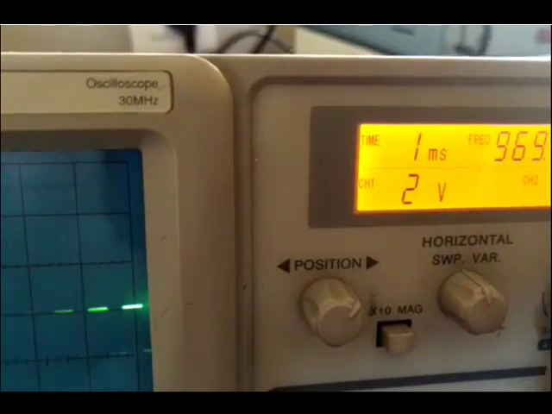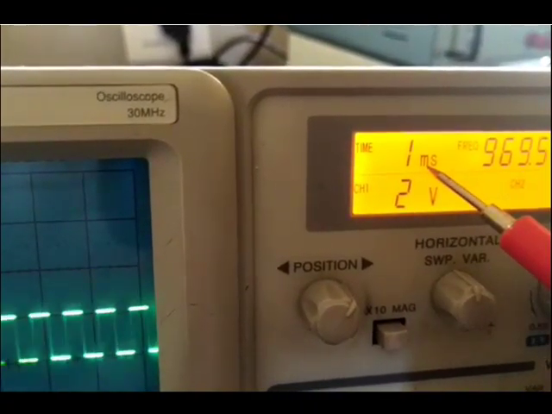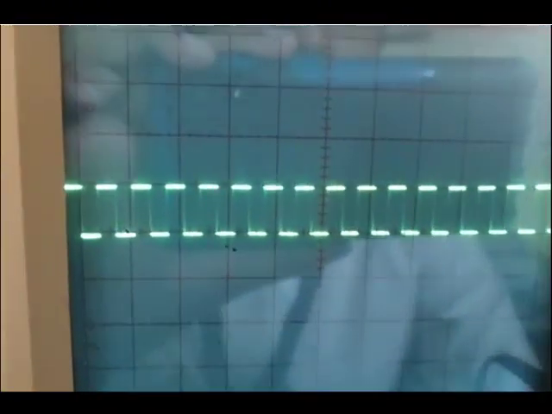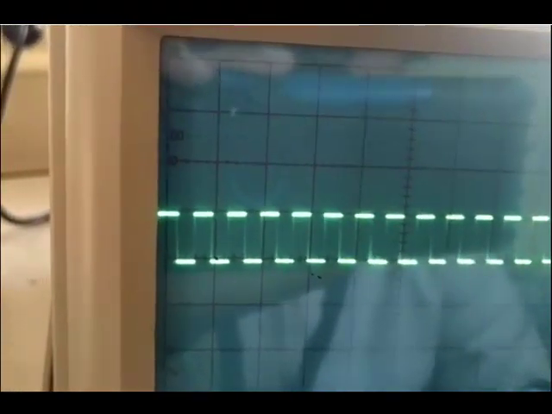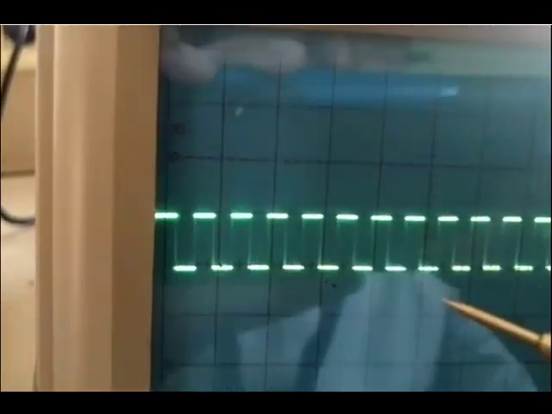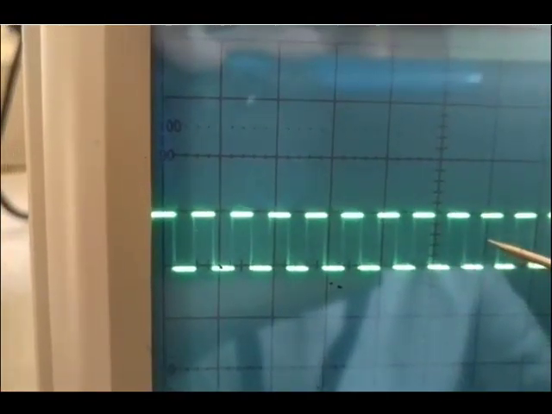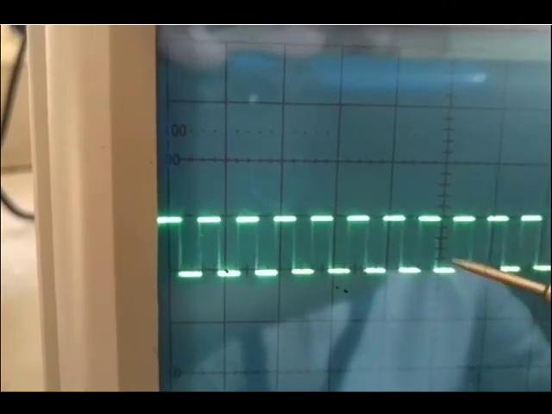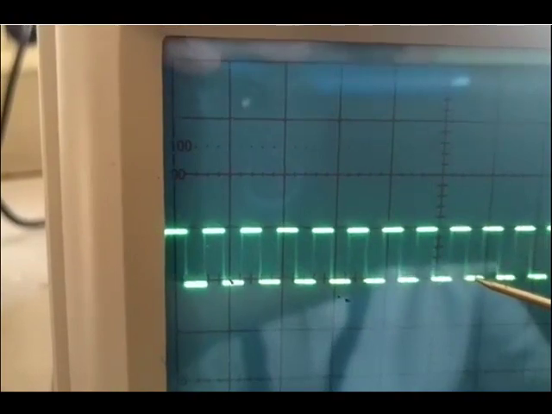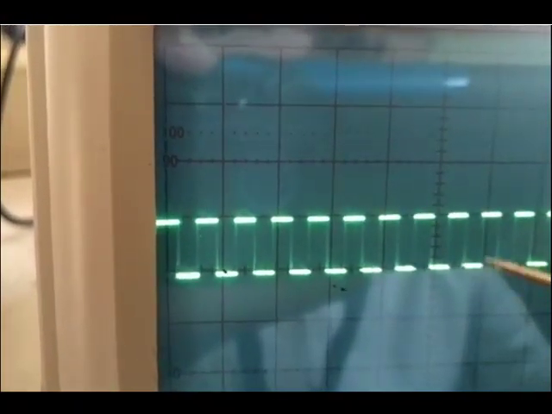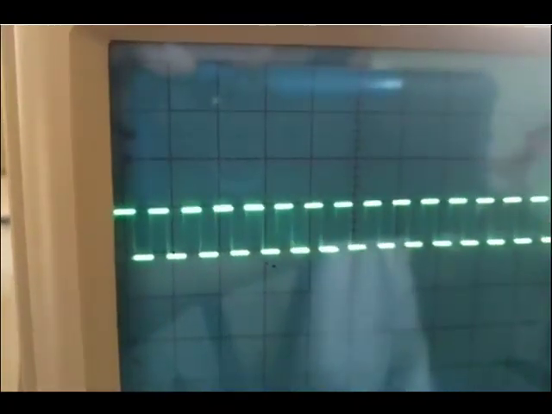As you can see here, now it is 1 millisecond, and observe the waveform. If it is not aligning with the divisions, you can use the position and you can align it. You can see here, from here to here is one division, one box. You can see 1.5 cycles of the signal. Ideally it should have occupied one signal. This indicates that the scope is not calibrated.